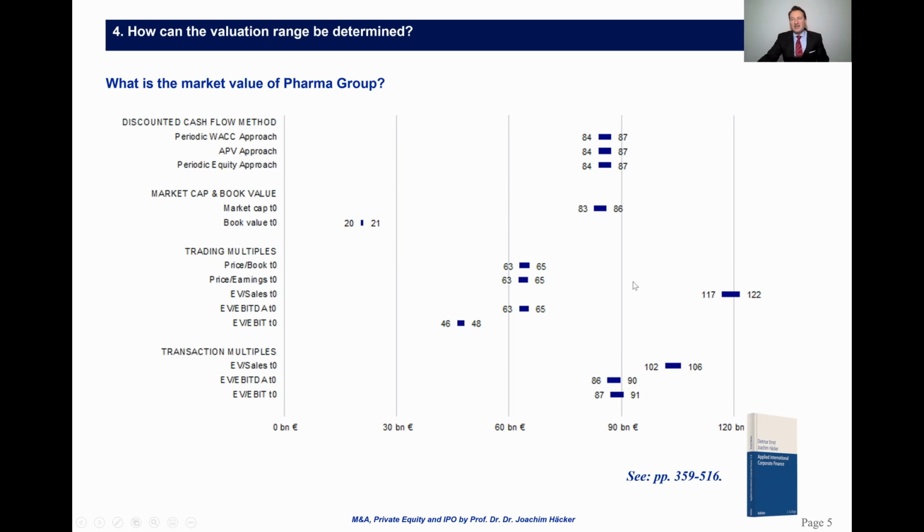And we actually have a huge sales multiple due to the lower profitability of our peer group, although the profitability is quite nice. However, compared to us, they are less profitable. So the EV sales multiple is higher. And if we multiply that high EV sales multiple with our underlying, we come up with an extraordinarily high result. So therefore, we basically don't take this one and